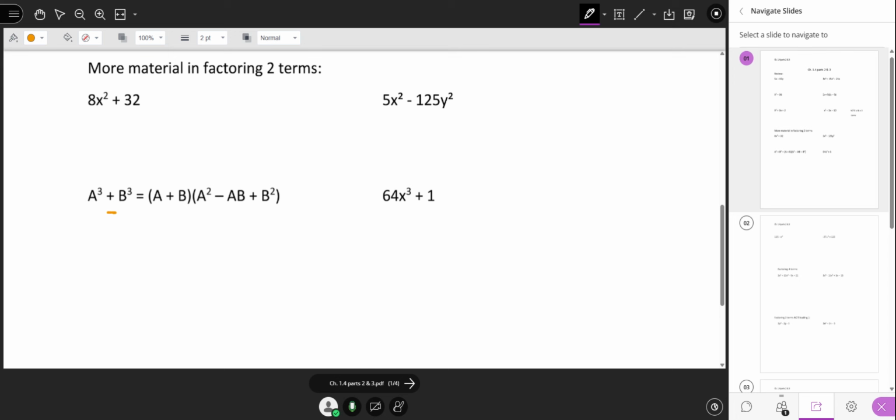Because if there was a minus here, then this would be a minus and that would be a plus, but everything else would be exactly the same. So you would have an A minus B, A squared,